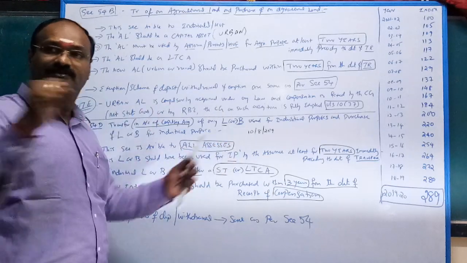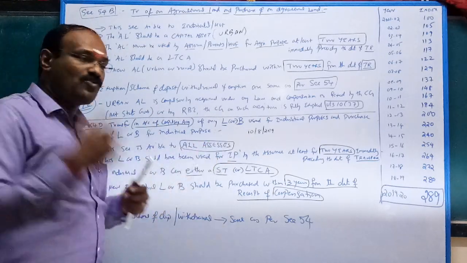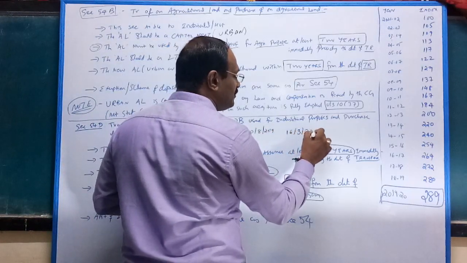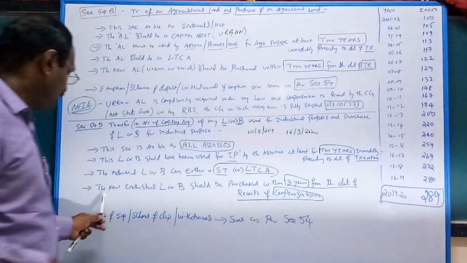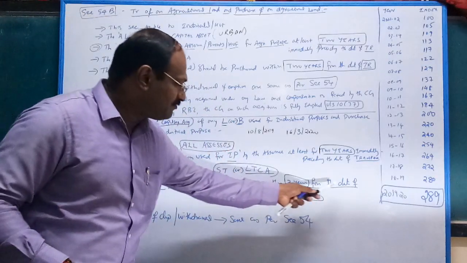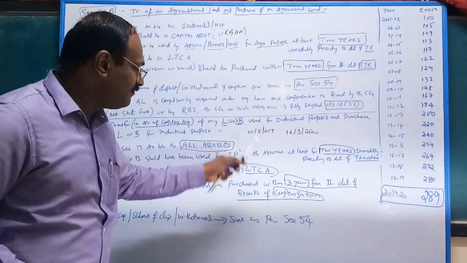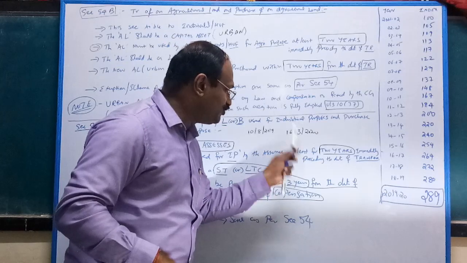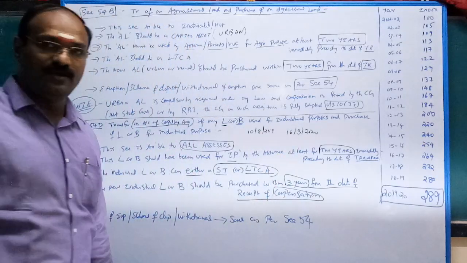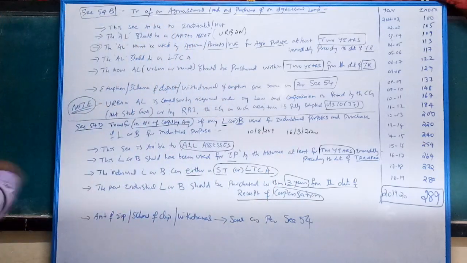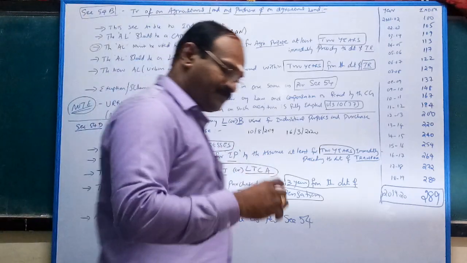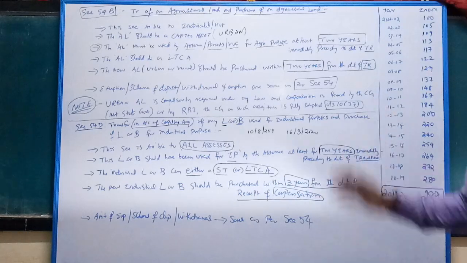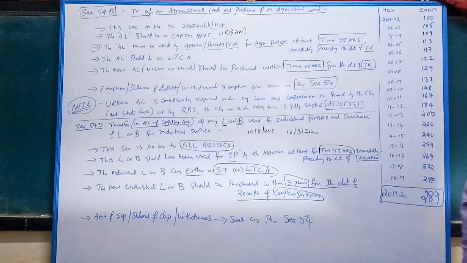10/8/2019 acquired. It is transferred, but compensation is received 16/3/2020. So very important here. The new land or building should be purchased within 3 years from the date of receipt of compensation, not from this date. Receipt of compensation is nothing but 16/3/2020. Any doubt? Okay, then same amount of exemption, scheme of deposit, withdrawal of exemption is nothing but same as per section 54. Just check it out, section 54.